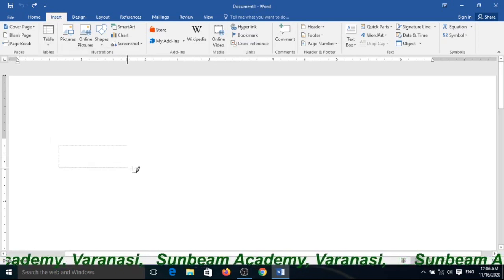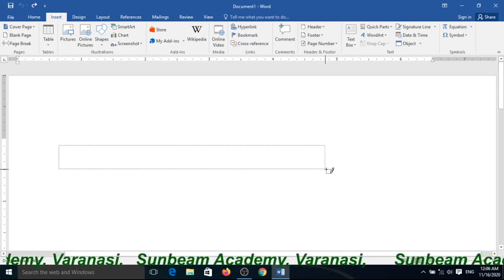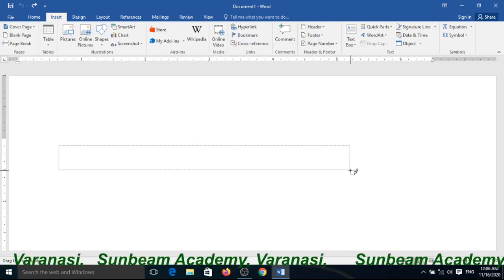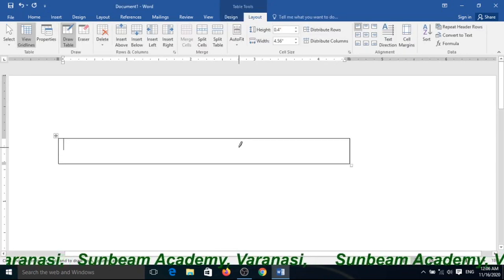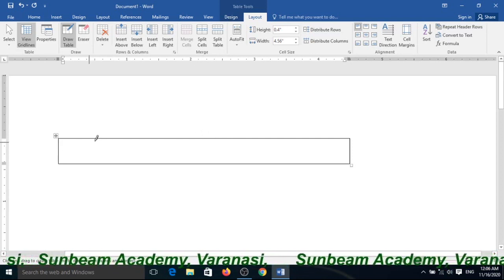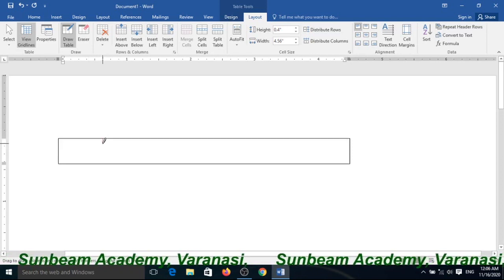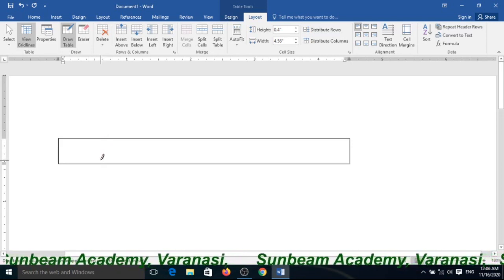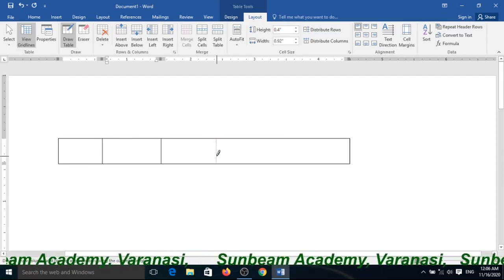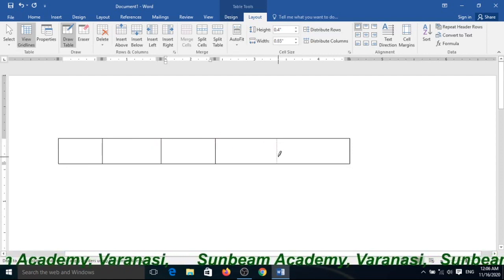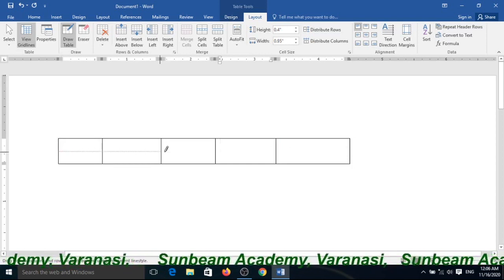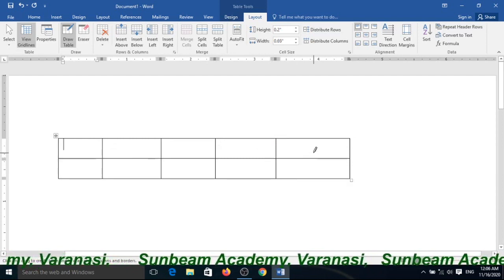Drag your mouse where you want to draw or insert this table. First column, second column, third column, fourth and fifth column, and from here to here drag it for rows.